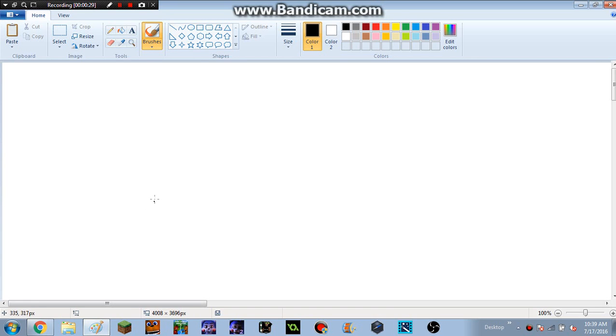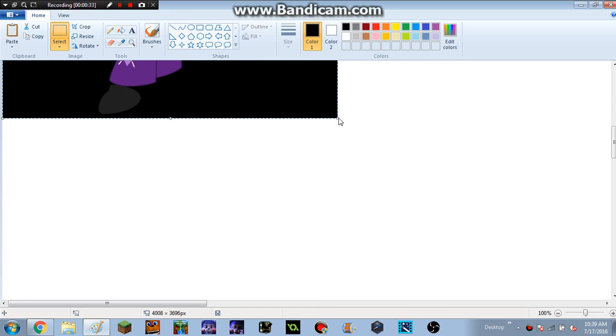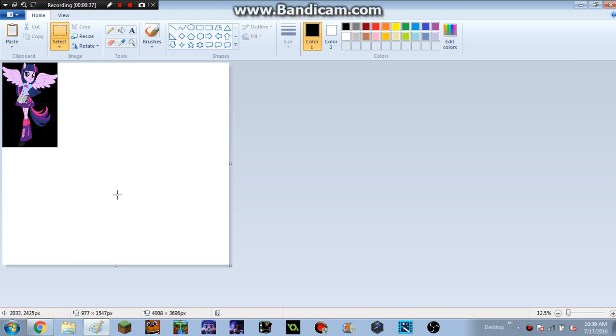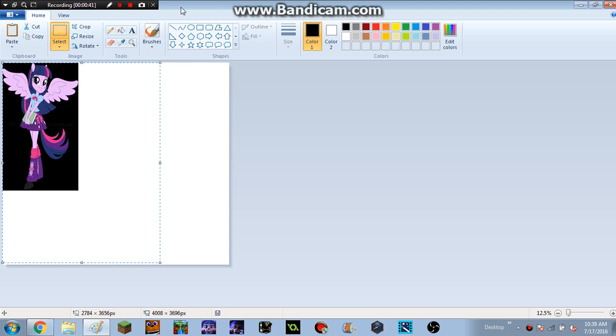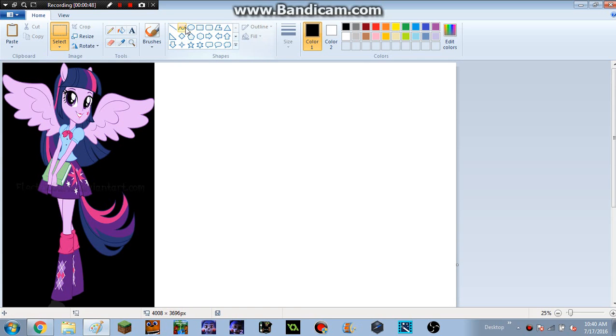And then I open up Paint, and I just copy and paste it in there, or you could just do Control P. Now I often like to have the picture pretty big. So the first thing to knowing how to draw using this program, the key thing for me drawing